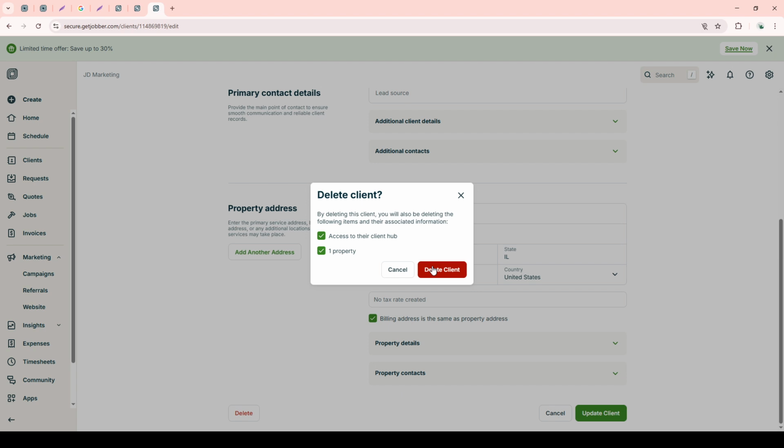from your Jobber account. And there you have it. You've successfully removed a client from Jobber, making your database just that little bit cleaner. Remember, always take a moment to verify you're deleting the correct entry, as there's no going back once this